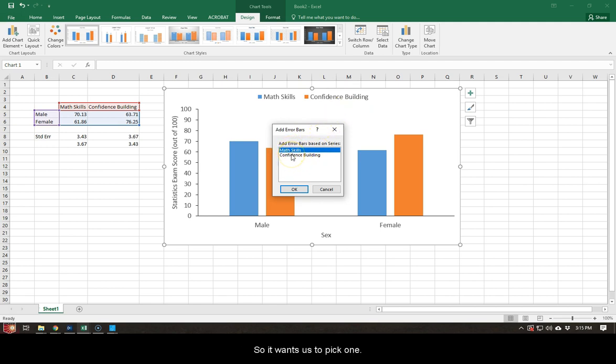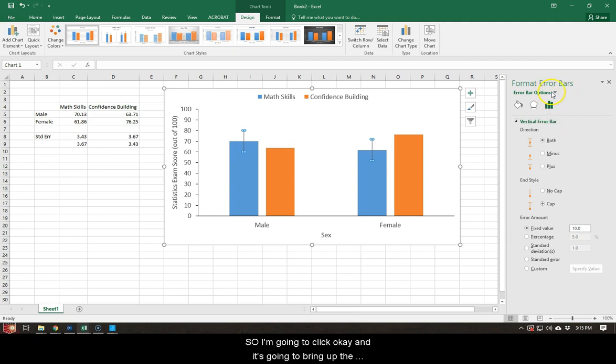So it wants us to pick one, okay? And whichever one we pick, we are going to use those. So for math skills, these are my two means collapsed across sex here. So when I choose math skills, I'm actually going to focus on these two standard errors. Not these two standard errors going across back and forth here. Just these standard errors, 3.43, 3.67, vertically in column C. So C8 and C9. So I'm going to click OK, and it's going to bring up the Format Error Bars